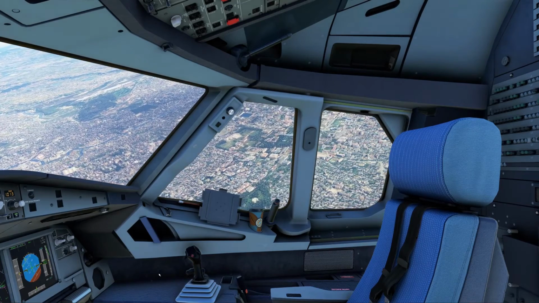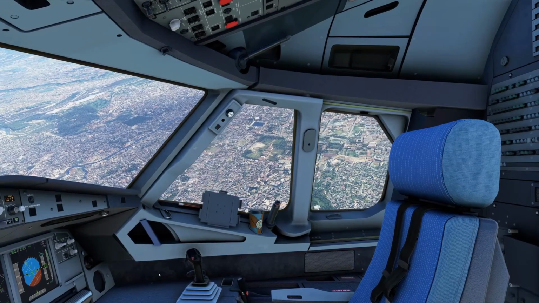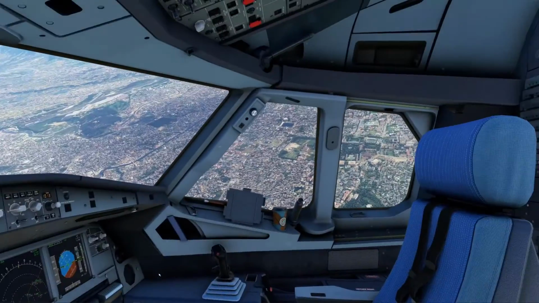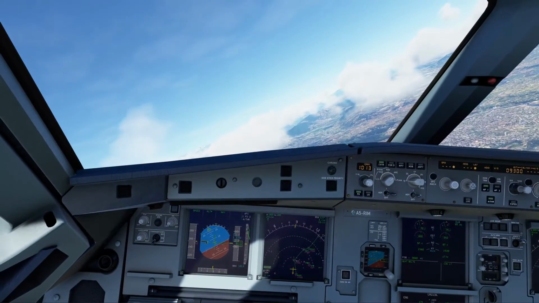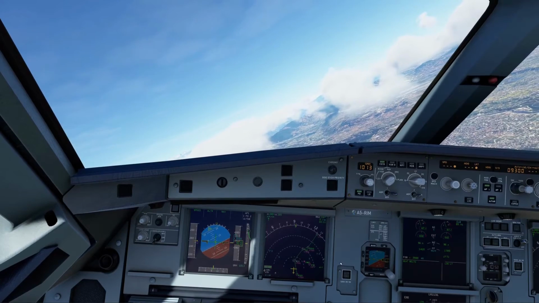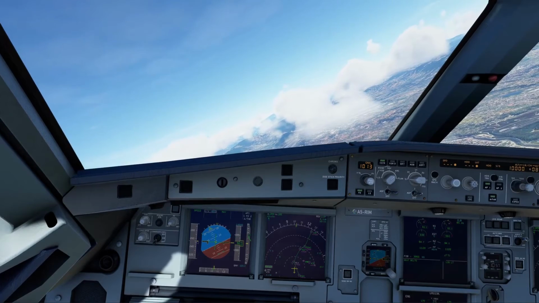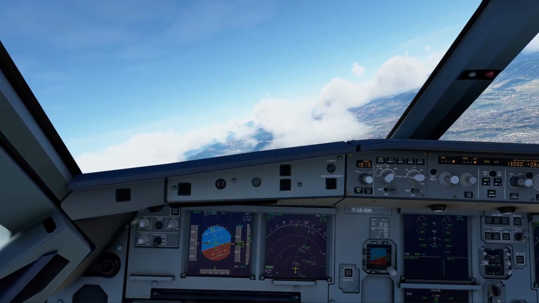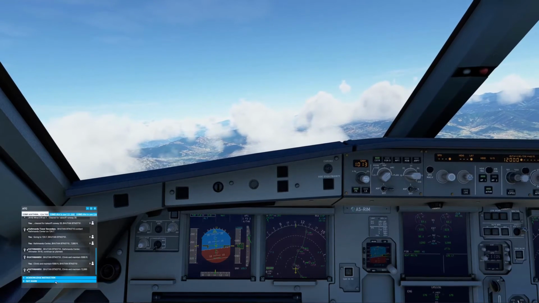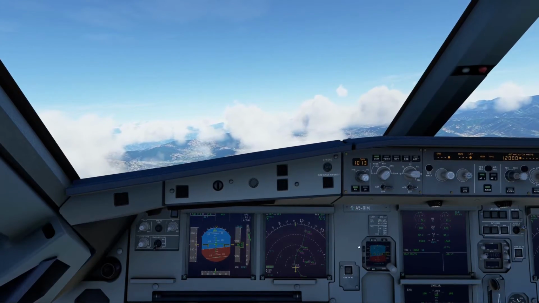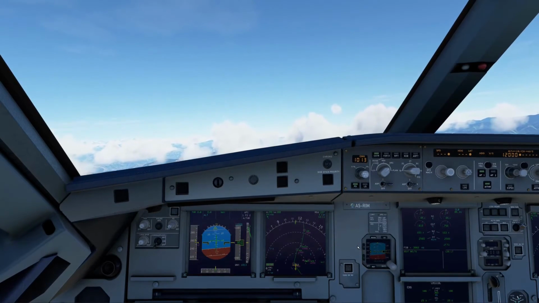Wow, Kathmandu certainly is a very densely packed city. We can see the airport just down there, so you can see how tight the turn is. Bhutan Bravo Tango November 3710, climb and maintain 12,000 feet. Climb and maintain 12,000 feet, Bhutan Bravo Tango November 3710.